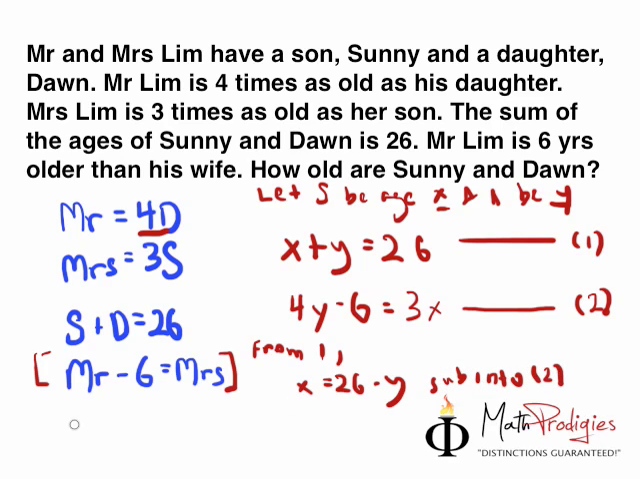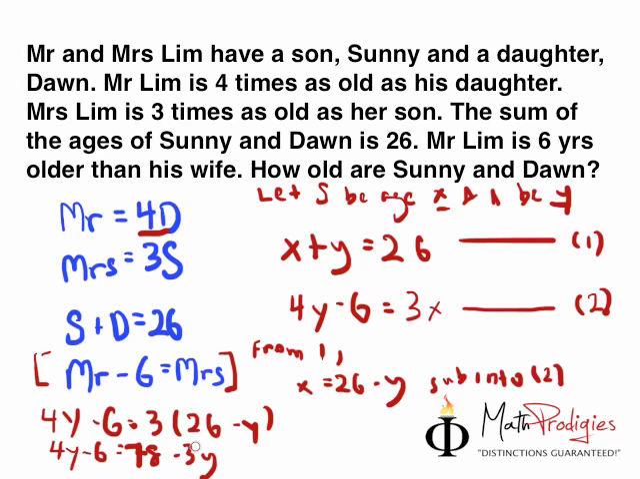And what do you get? You get 4y minus 6 equals 3 times (26 minus y). You do your working: 4y minus 6 equals 26 times 3, which is 78, minus 3y. You bring over the y to that side, you get 7y equals 78 minus 6, which is 72. And so you get y equals to